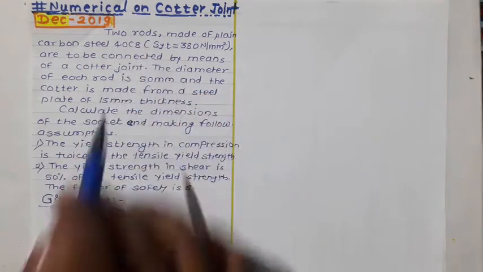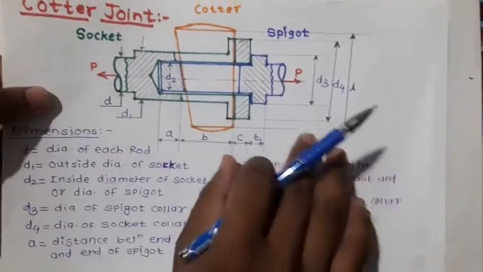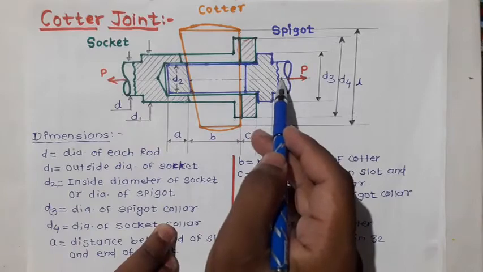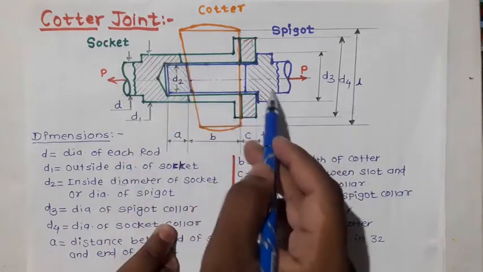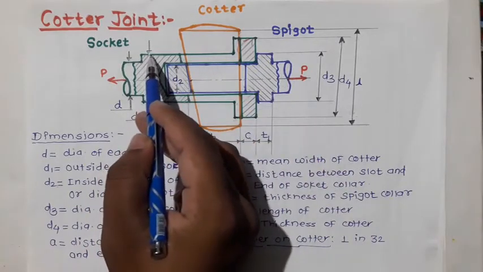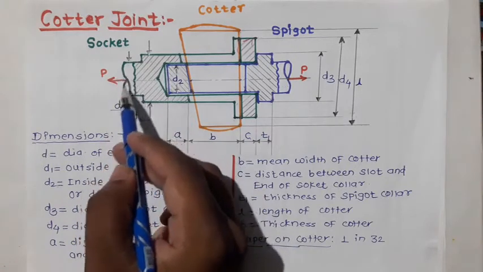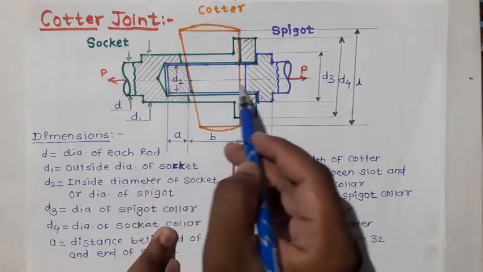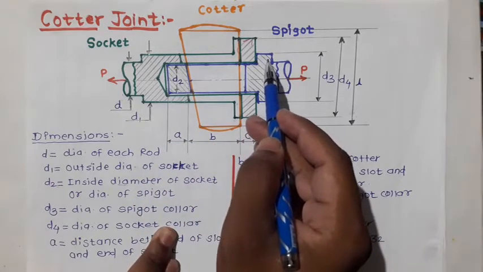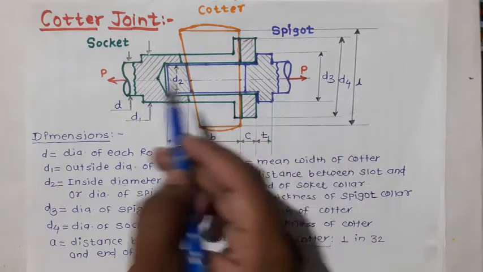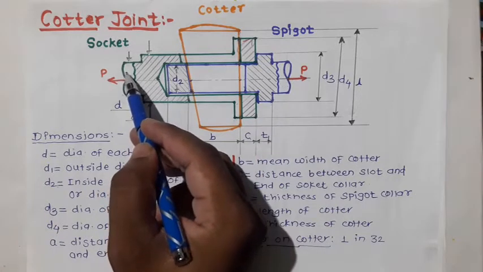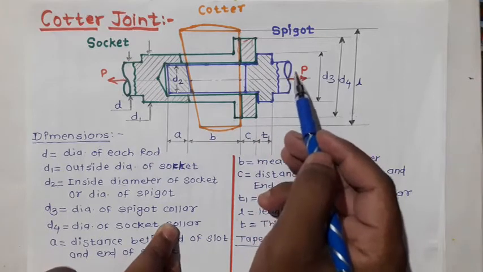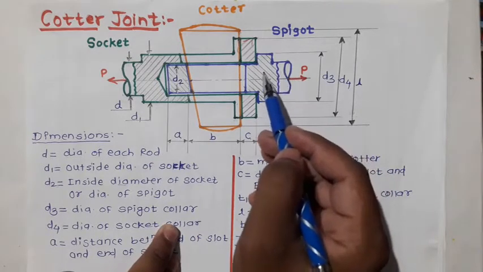Okay. So for that purpose, consider this cut section of quarter joint. Now here you can see this is the left rod, this is the right rod, this is the socket, and this is the spigot. Now here socket is integral part of left side rod. This is the spigot, blue color spigot. This is the integral part of this right side rod. That means whatever the material of rod is there, same material is there for socket, and on the right side whatever the material is there for the rod, the same material is for the spigot.